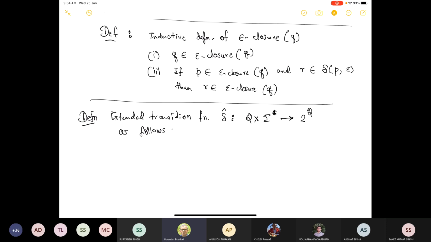As follows, and this is slightly more complicated than the definition for NFAs. So the first clause says that delta hat of Q, epsilon is the epsilon closure of Q. So it includes not just Q itself, but all the states that you can reach from Q by following these transitions labeled by epsilon. That's the basis, the base clause, and the inductive clause is,